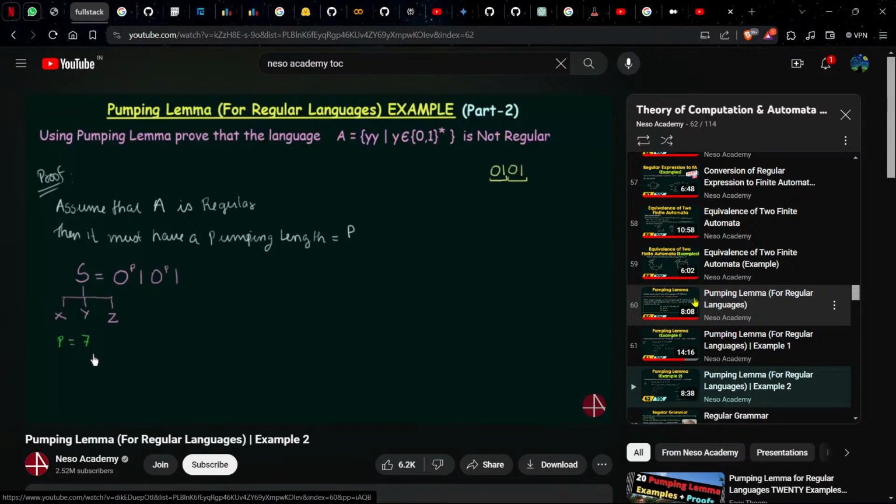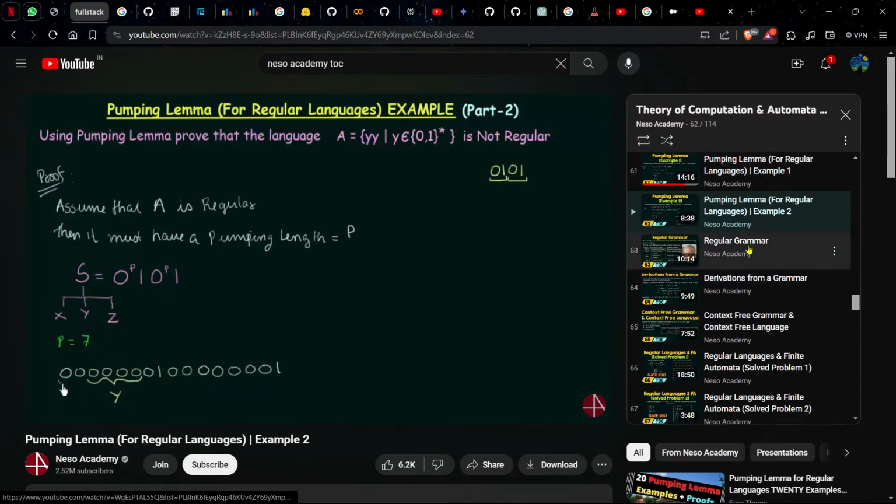So if pumping length p is equal to 7, then let me form a string using this s and p whose value is equal to 7. So I will have 1, 2, 3, 4, 5, 6, 7 zeros, and then again 1, 2, 3, 4, 5, 6, 7 zeros followed by a 1. Okay, so this is the string that we have. And now I will divide this into x, y, and z. So most important is our y. So let me say that these 4 zeros over here are my y, and these 2 zeros are our